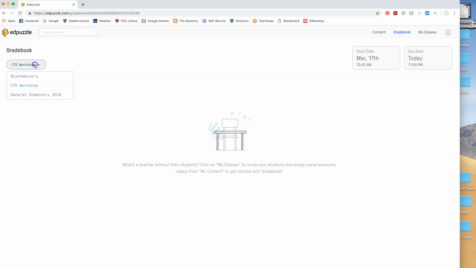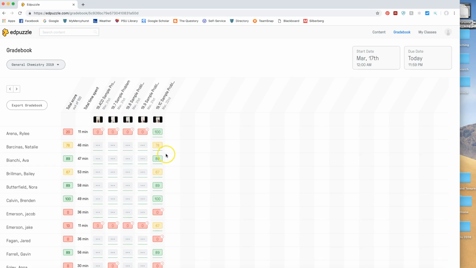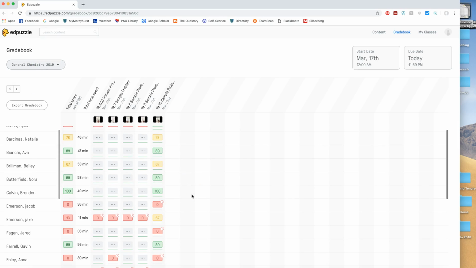I'll take a second here and just highlight for grading what the gradebook looks like. This is really hard. Let me see if I can,